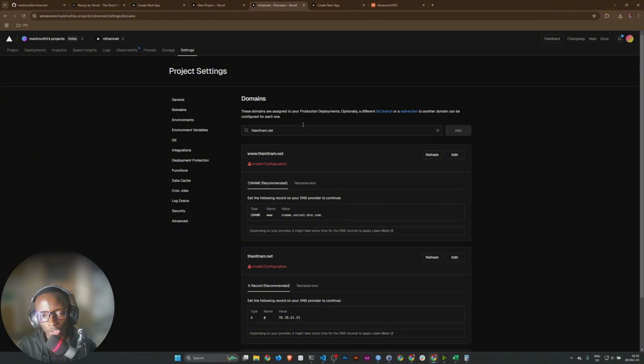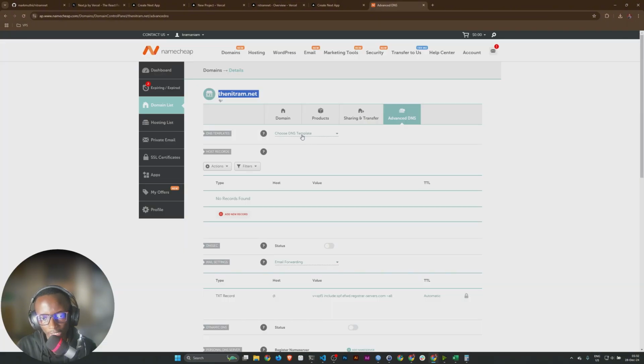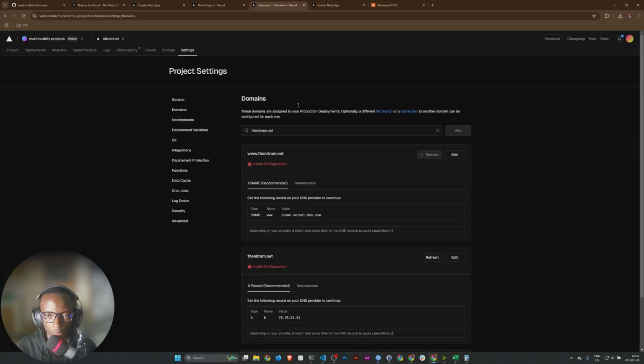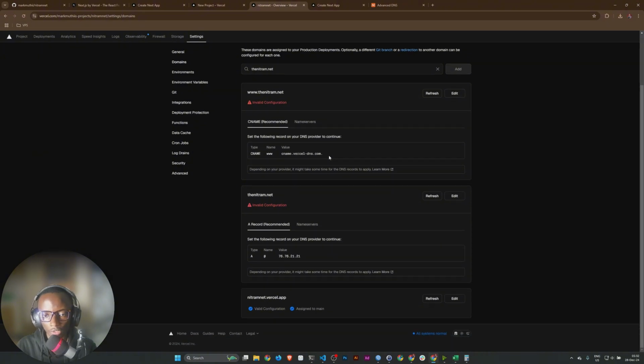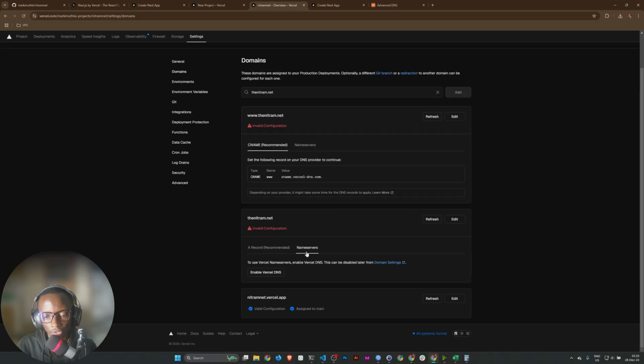Okay, so you need to tell the server managing your domain that, hey, I need you to point to the Vercel servers. So when somebody comes knocking on this domain, they can be taken to this server, and this server will be able to handle it from there. Okay, so to do that, you can see they recommend adding an A record. You don't want to add the name servers